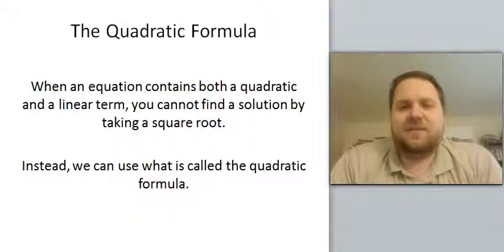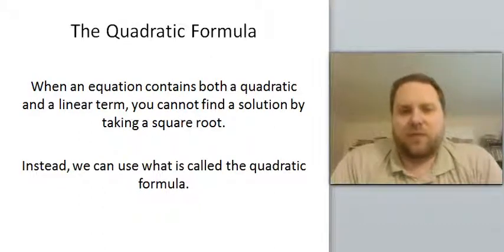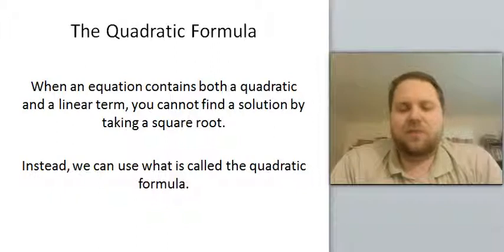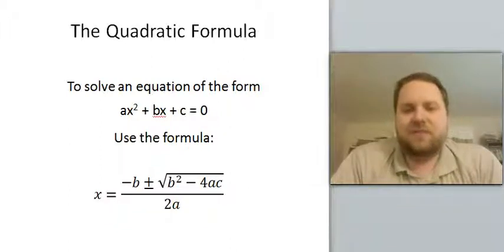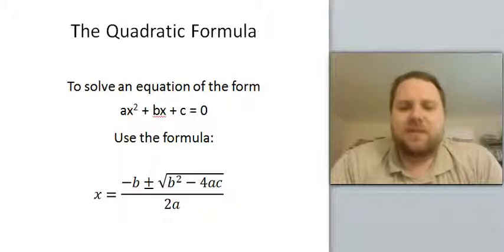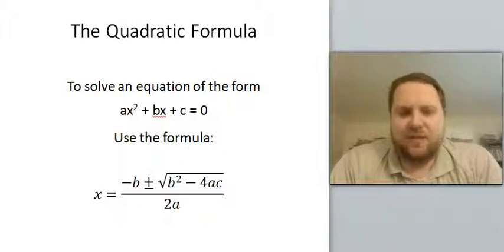And that something else is called the quadratic formula. So when that technique that we used before, solving by taking a square root, doesn't work, we're going to use the quadratic formula, which is this. If we've got an equation in the form ax squared plus bx plus c equals 0, we use that formula that you see there. And the common student reaction to their first exposure to this is a face that sort of looks like this,